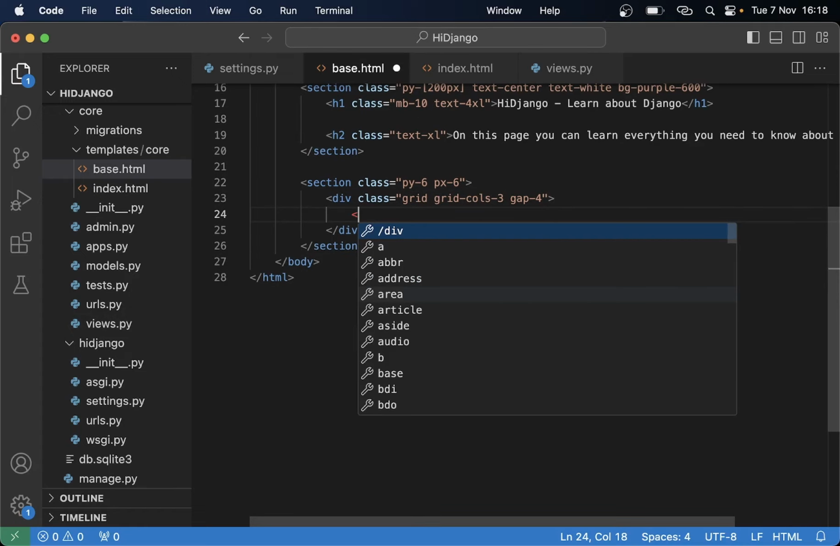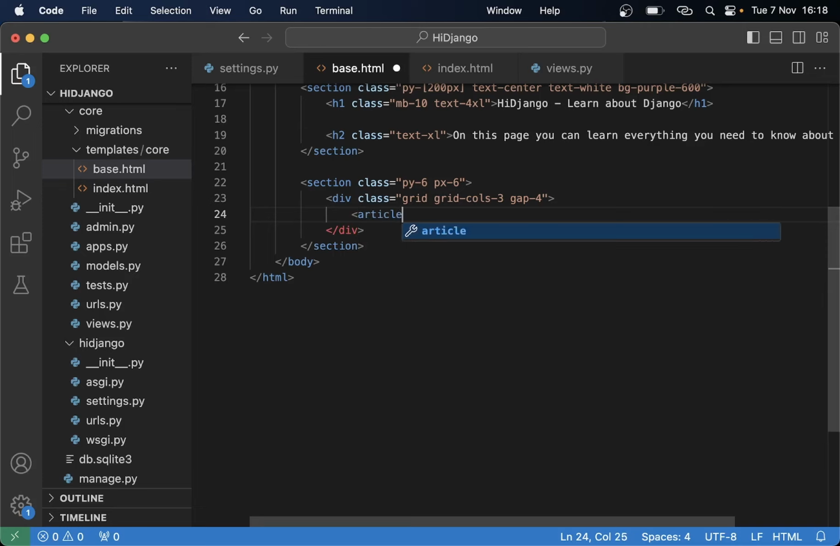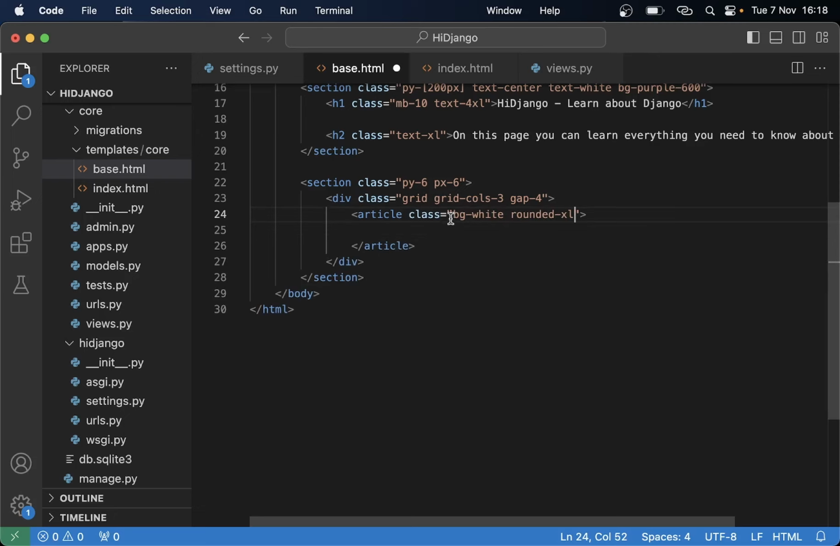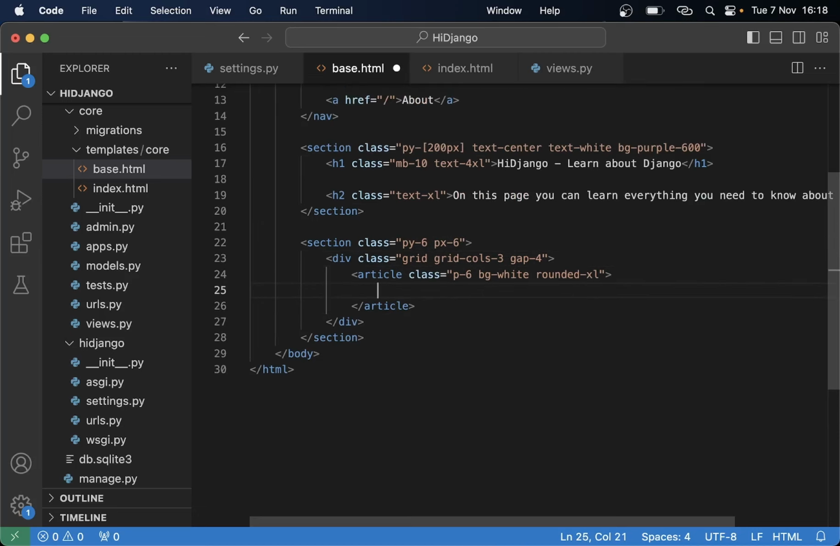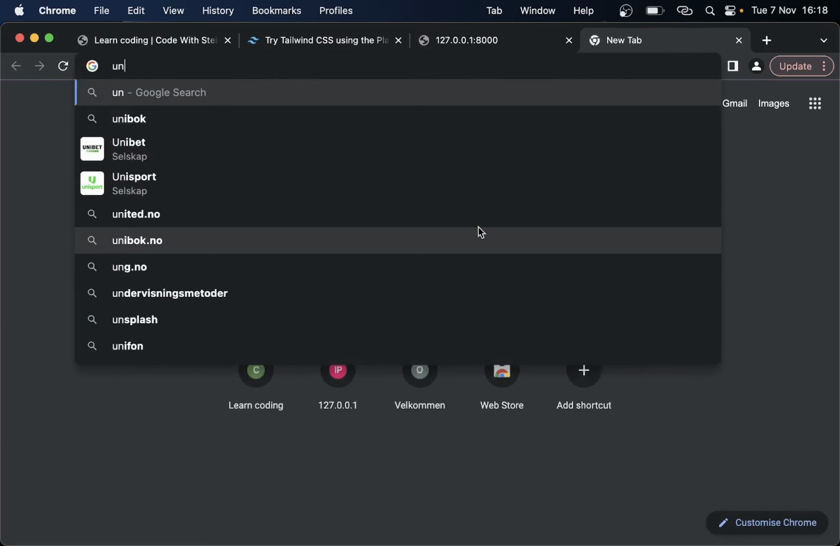And then for each of the posts I want to have one more HTML tag. Here we can use article. I think that is the most correct one. Class BG white, and I want the corners to be rounded on these ones. PY6 and PX6, or I can just say P-6. And then in here I want to have an image at the top here, so I can go on